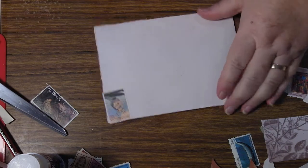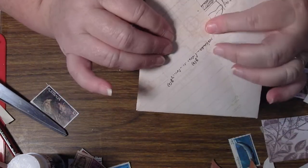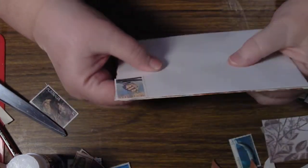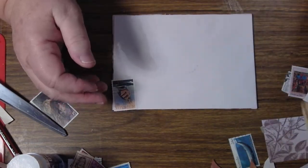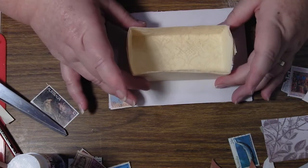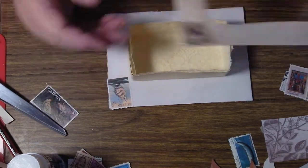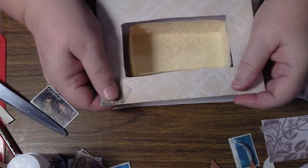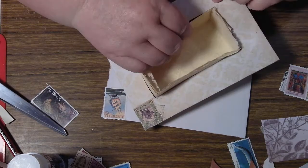I have put this onto here. There's an envelope first, and then I stuck another envelope on because I wanted to have a reasonably solid base for it. This is going to be on there like so. That's going to be stuck onto there. But before I do that, I'm going to carefully put these over it first. These are my little stack of